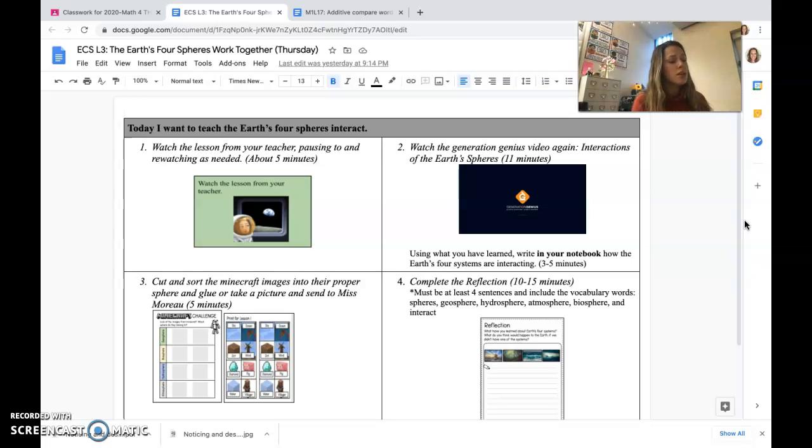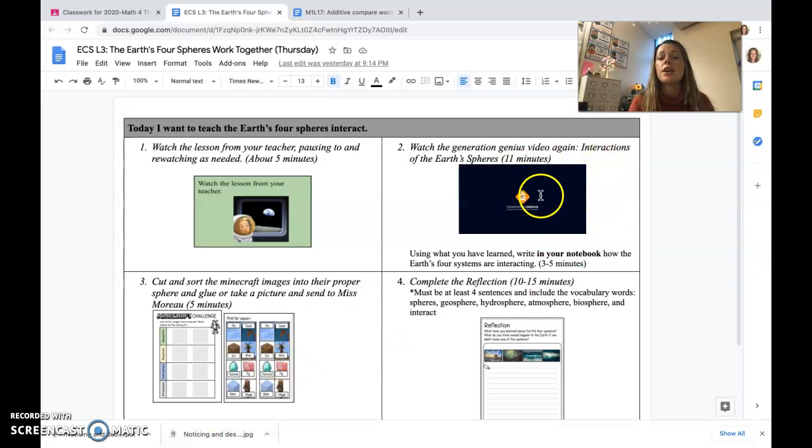You can review your notes, you can review the Earth's systems packet, but what you want to do is, after you feel like you have a good sense of what the Earth's four spheres are, at the back of your packet you have this page that says print for lesson 1, and you're going to need to cut these. These two are the same and these two are the same, so you only need one column. Okay, and you're going to be sorting those in order to review the Earth's four spheres and to notice how